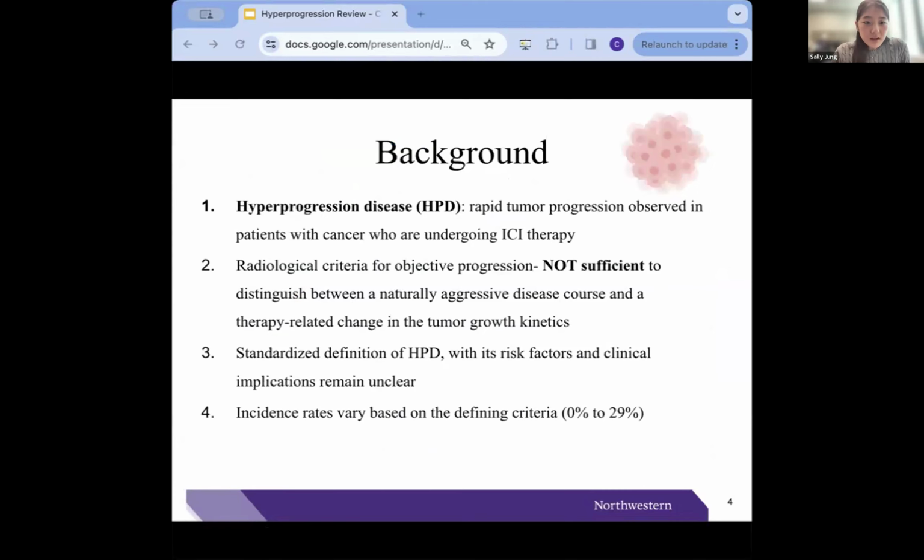So as we have seen, radiological criteria for objective progression are based on an evaluation of therapeutic efficacy from treatment onset, but they're not sufficient to distinguish between a naturally aggressive disease course and a therapy-related change in the tumor growth kinetics. So several different metrics have been proposed to describe the magnitude of change in the tumor growth rate before and after immunotherapy in patients experiencing hyperprogressive disease. Also, while incidences range from 0 in renal cell carcinoma to 29% in head and neck squamous cell carcinoma, it's very difficult